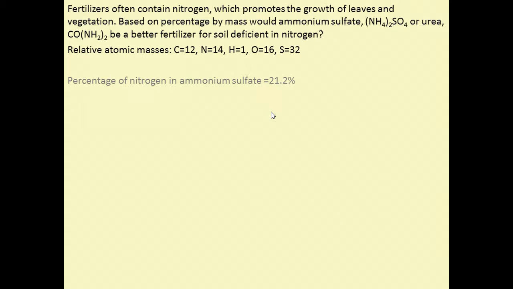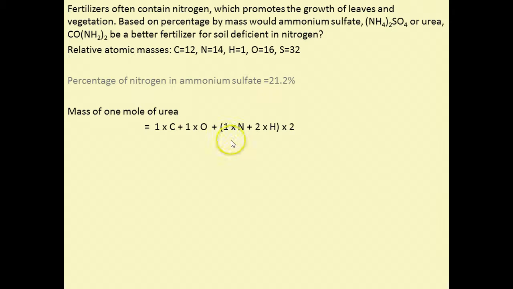Carrying out the same calculation for urea, we will work out the mass of 1 mole of urea. And why don't you pause the video at this point and see if you get the same answer as I calculate. Mass of 1 mole of urea consists of 1 mole of carbon atoms, 1 mole of oxygen atoms, and NH2, the mass of 1 mole of NH2 times 2 because it's in brackets,